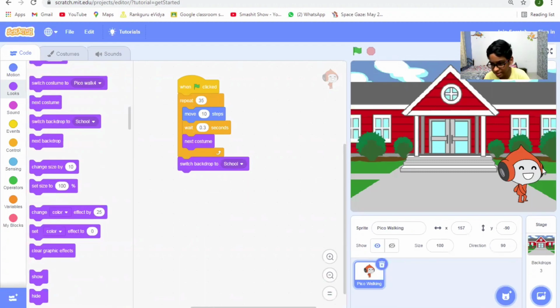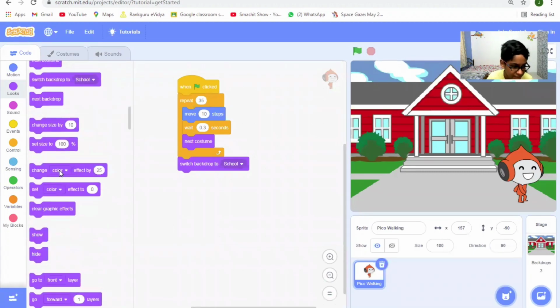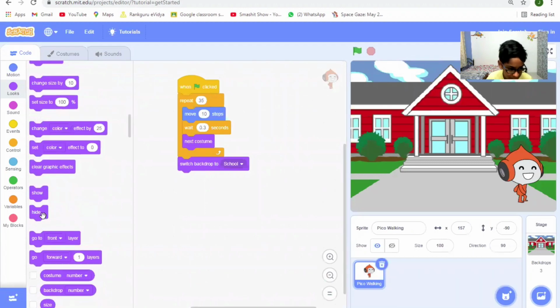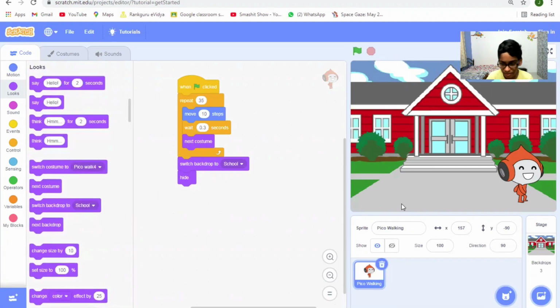Now let us make this Pico come here. For that, let's hide him for some time. We have a hide block in this looks menu. Drag it and keep here. Let us hide him. Then make him go here. To make him go here, we will